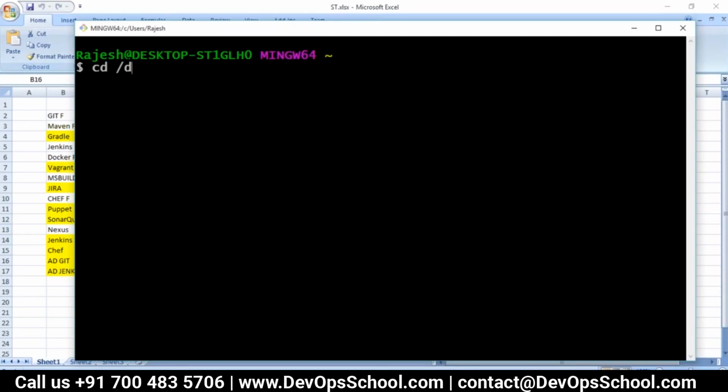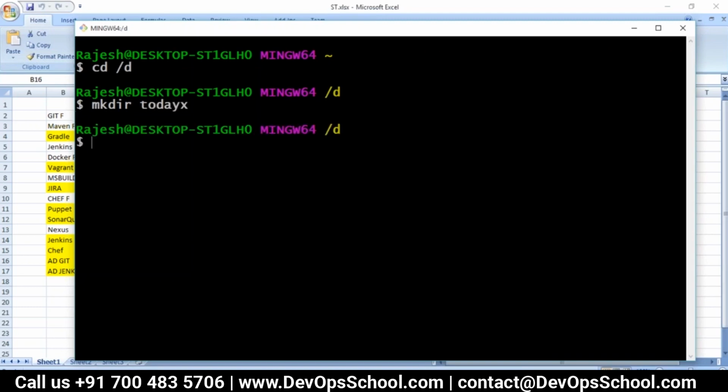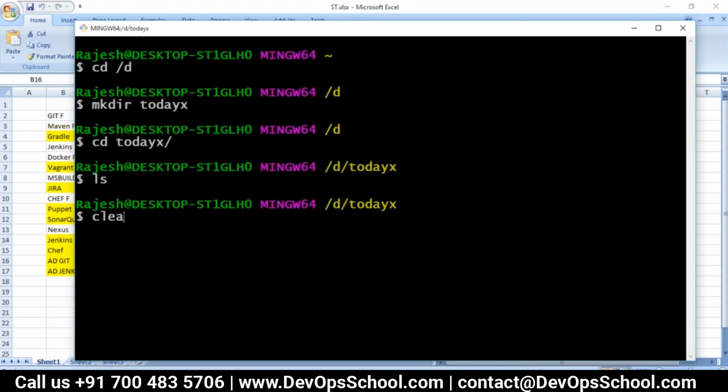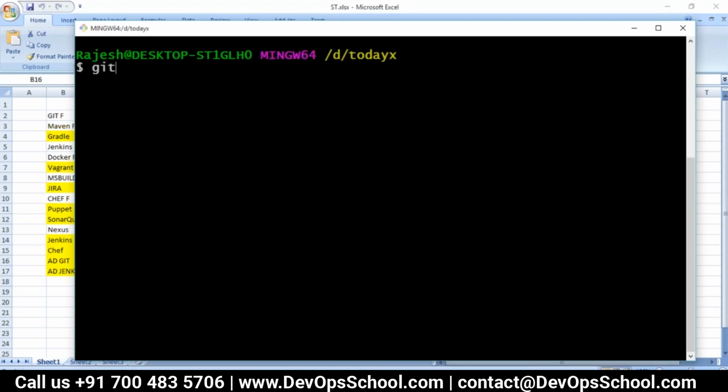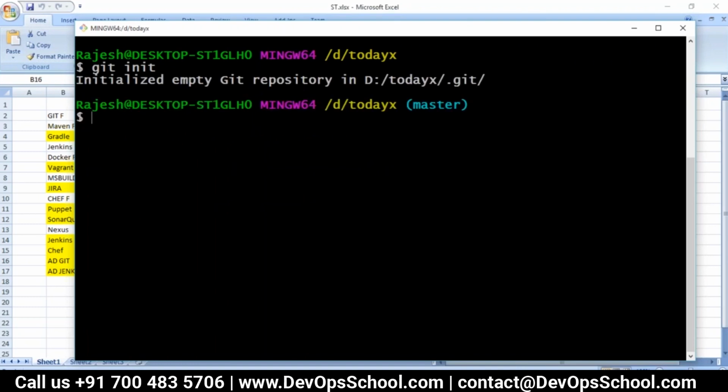So what I'm going to do, I'm going to go to D drive. I'm going to create a directory called todayx, and I'm going to get into the directory todayx. And now this directory is empty. You can see on my screen. Let me clear the screen. Now I'm going to create a repository using git init, and I'm going to add a few files in it,